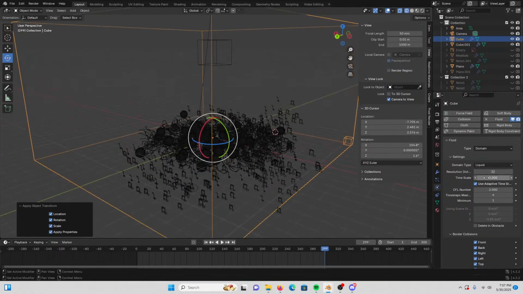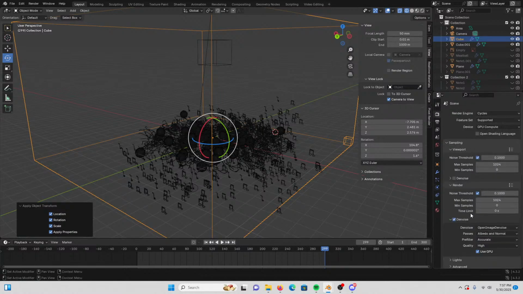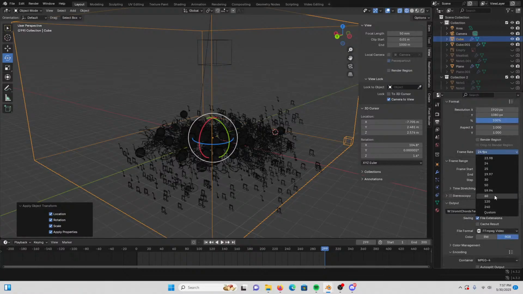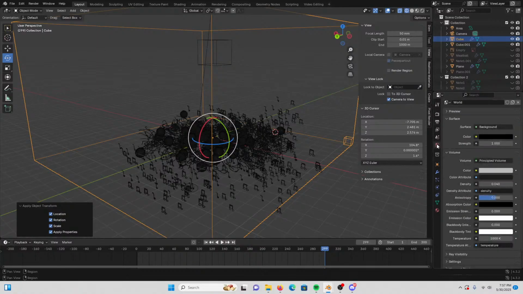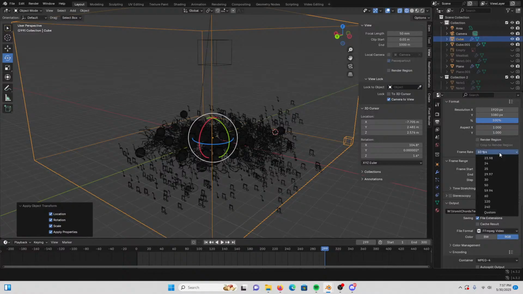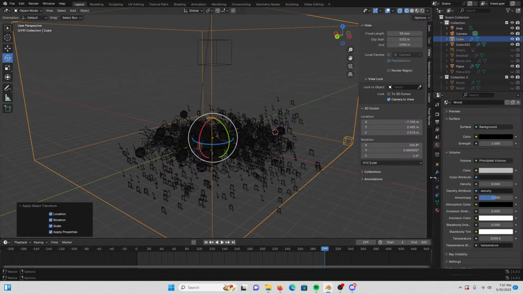So time scale, time simulation speed. Let's go back to 60 FPS. Actually, let's do 24 just for the sake of testing. So we have the cube, and then